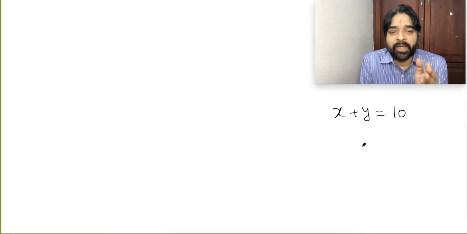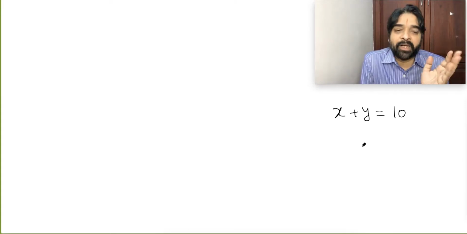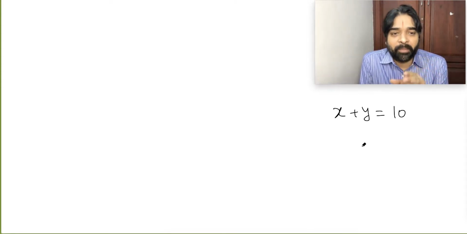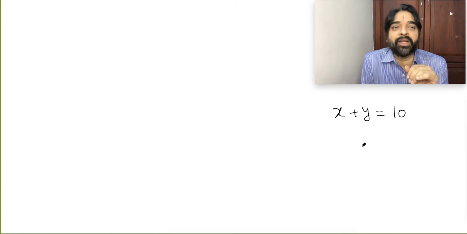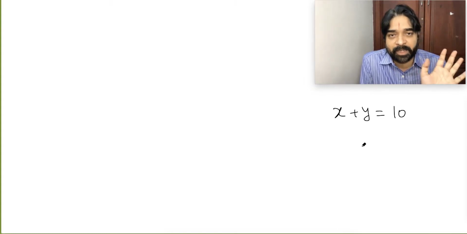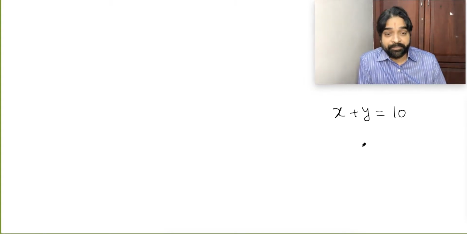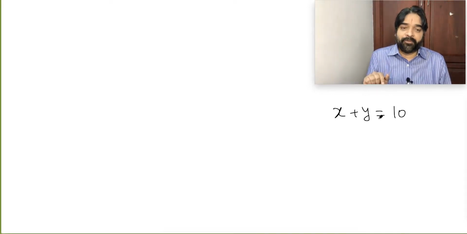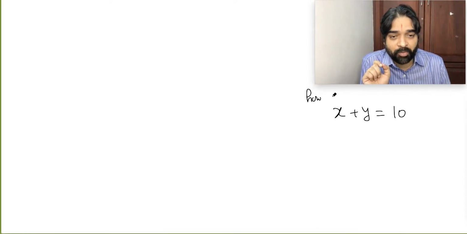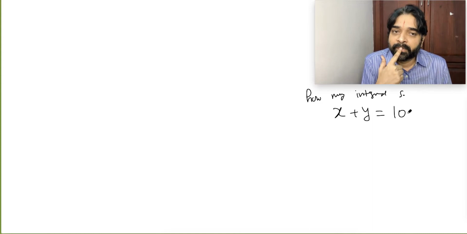It will be infinite or not? It will be 1 and 9, minus 1 and 11, minus 2 and 12, 1 by 2 and 10 minus 1 by 2, something like that. So infinite solutions will be there. It's obvious, from childhood we are learning: if the number of variables is more than the number of equations, the number of solutions will be infinite. Here 2 variables and a single equation, so surely infinite solutions, 100%. If I modify it to how many integral solutions, then also infinity.